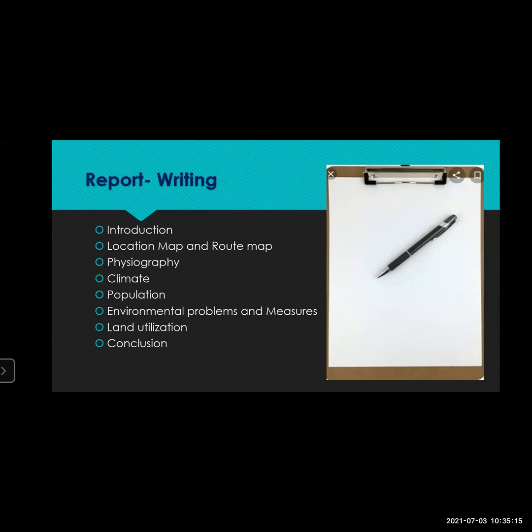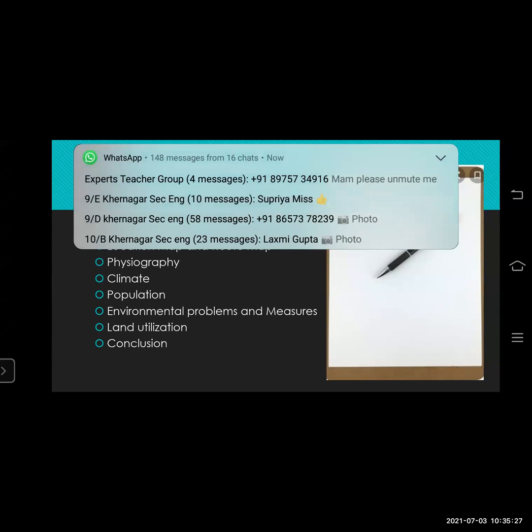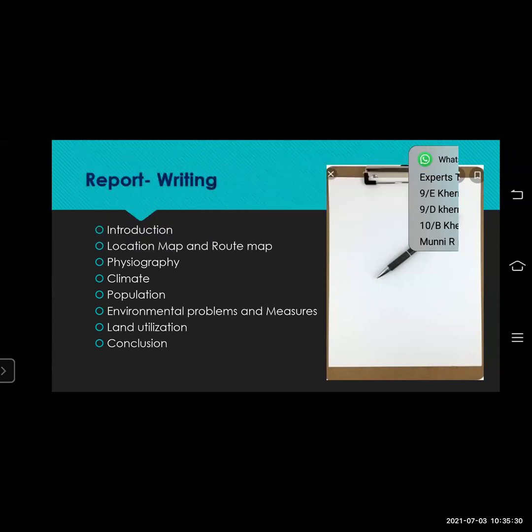Now what climate was there? It was a hot sun, it was a monsoon type of climate. It was raining, it was winter. Then population, if you're going to the field visit for a village, for example, what is the population of that particular area? So that also you must be able to write in the field visit. For example, the population of Mumbai is 1 crore 20 lakhs. So roundabout 1 crore 20 lakhs. In the same way, if you go to a village, then the village population will be very less, around 20,000, 40,000. So you must have the details of the population also.